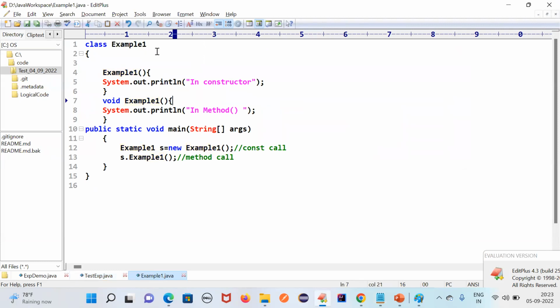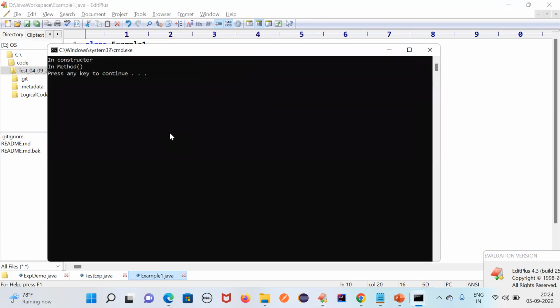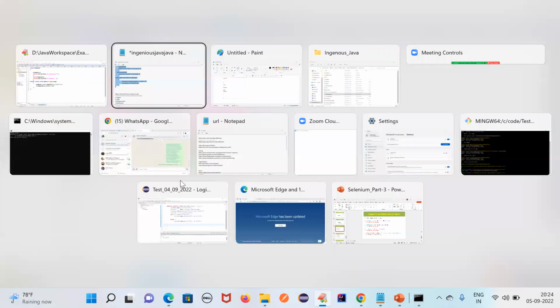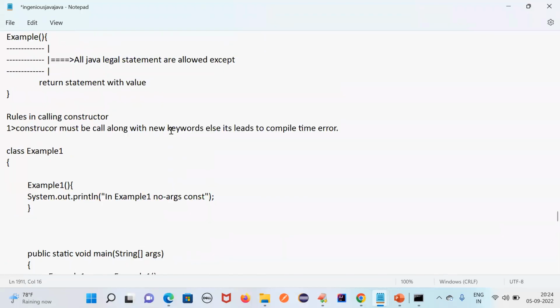You can say we have a class name. This is the constructor we have created, and if I create a constructor with a return type, it will become a method. But as per the coding standard, it is not recommended. In the constructor or the method you will get the output, but as per the coding standard it is not recommended to use. This is about the constructor, and we have used this constructor, right?